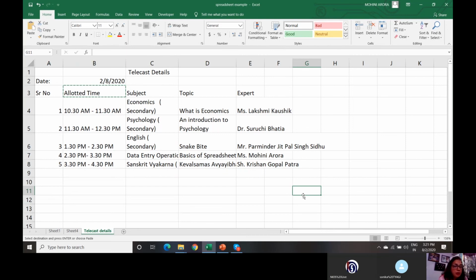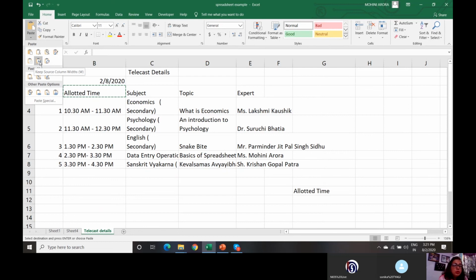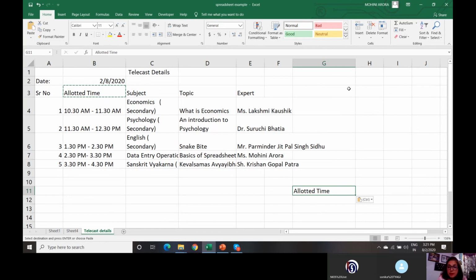I don't want the content to be copied. I want the width to be copied. So I click on the arrow just below paste and I click on keep source column width. See, now it is copied along with the width. Whatever is the width of B, that same width is of G along with the copied value. So the value is copied along with the source width.